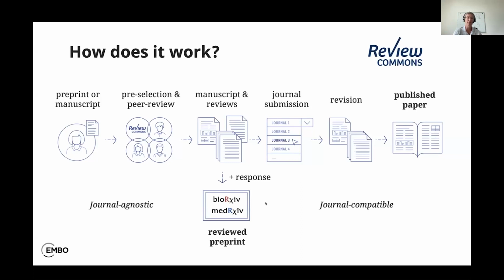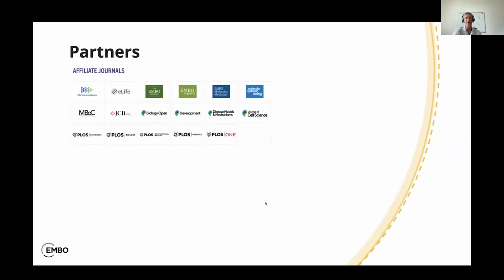So we have these two important modules in Review Commons. The first one is really coupled to open science and preprint. It's journal agnostic by definition. The reviewers do not know to which journal the paper is going to be submitted. And the second one is journal compatible and has a clear goal to accelerate and make the formal publication process more efficient. So we work with partners from PLOS, the PLOS family of journals, Company of Biologists, EMBO Press, of course, eLife, Molecular Biology of the Cell from ASCB, as well as the Journal of Cell Biology